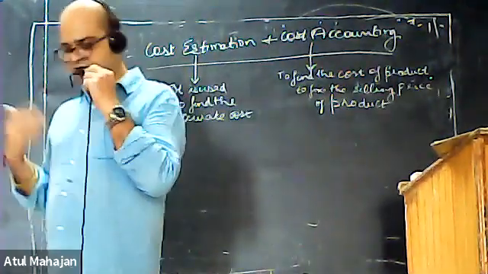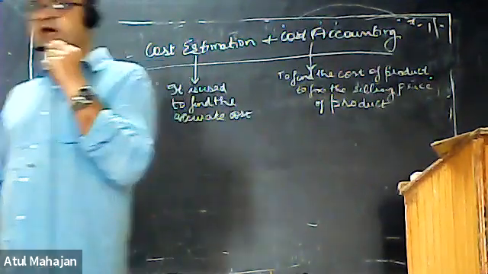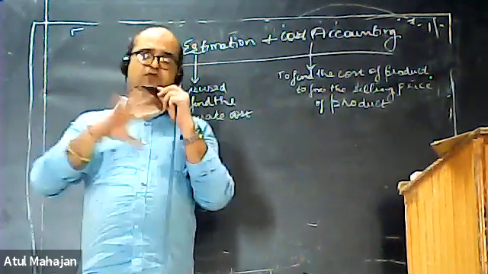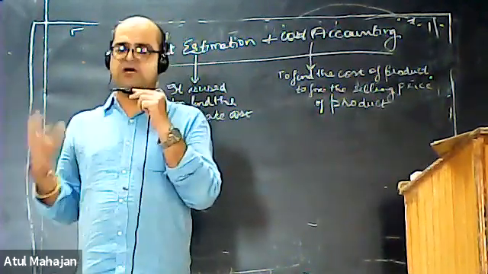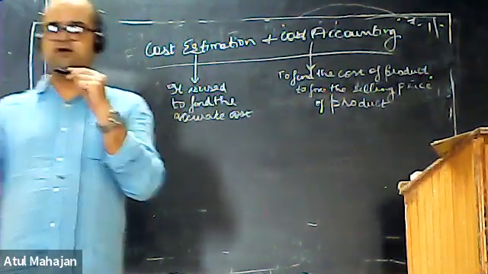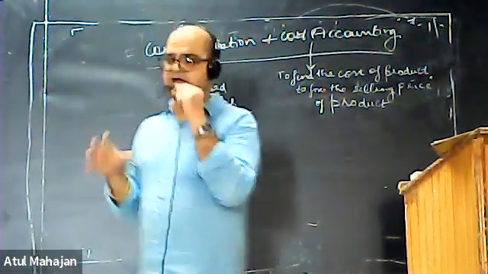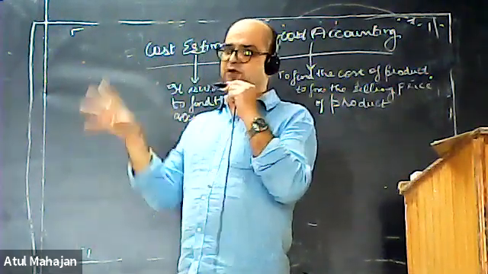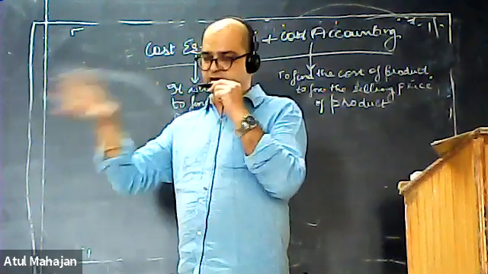Suppose I have to manufacture something and I am trying to make an estimate. We make a budget and estimate first. If we have to hold any function at home also, we make a budget first: this is the amount of money we're going to spend on the crockery items, this is the amount we're spending on the decoration, and this is the amount we're going to spend on the gifts and all.